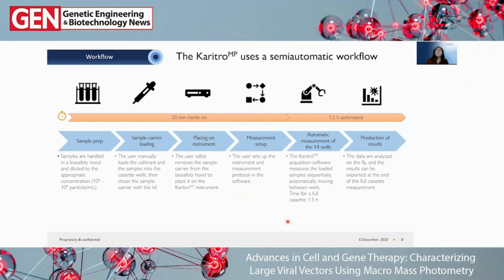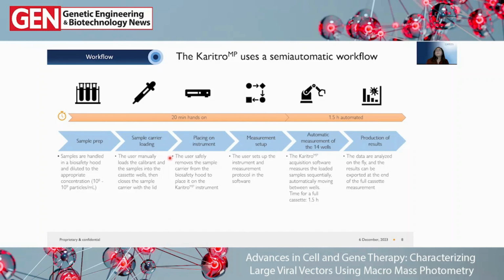Now, if we look a little bit more in depth into the workflow, we have a 20 minutes hands-on maximum, followed by 1.5 hours of automated measurement. Looking in more detail at the hands-on operations, we have an initial stage of sample prep, where samples need to be diluted to the approximate 10 to the 8, 10 to the 9 particles per milliliter optimal concentration. Then the user needs to manually load the calibrant and the sample into the wells. This requires only manual pipetting